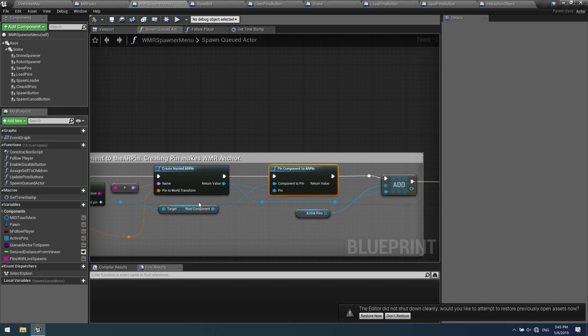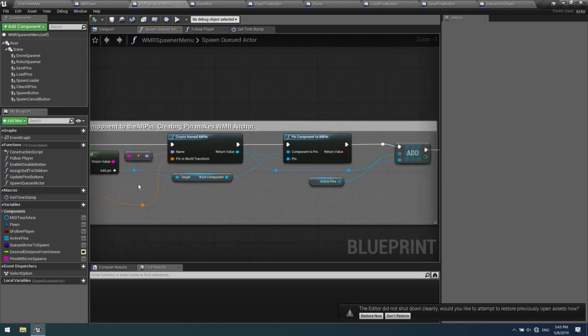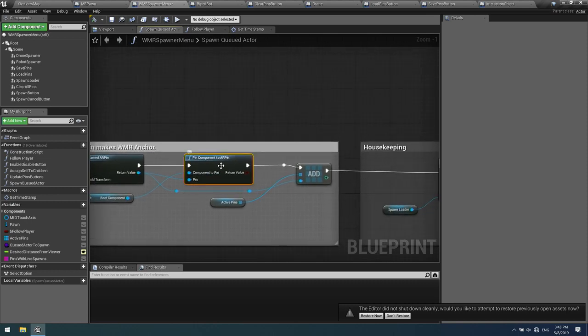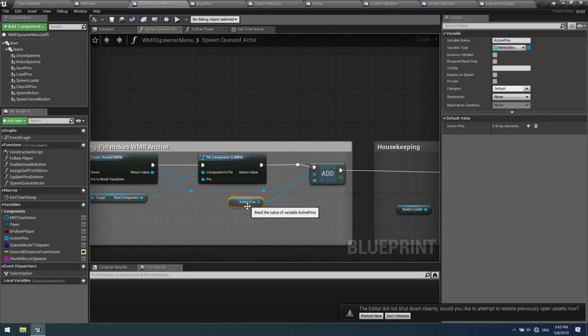And then I'm pinning the component together. You'll see I'm able to grab the actor that I spawned, grab its root component, and then pin it to that spot. And that's what keeps it in space in that runtime. Now, you see here I'm also adding it to a local array of active pins. And the reason I'm doing that is because,